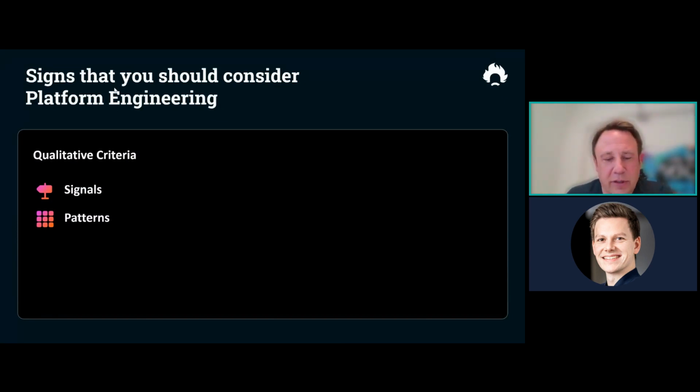Do you have silent operations that lead to communication and collaboration barriers? Do you have a lot of manual interventions for deployments and operational tasks? And then you can look at your organizational pain points: frustrations in your developer team, difficulty maintaining security and compliance standards, challenges when you debug or troubleshoot. Do you spend a lot of time setting up environments and configurations, or do you fail to meet your scalability demands?